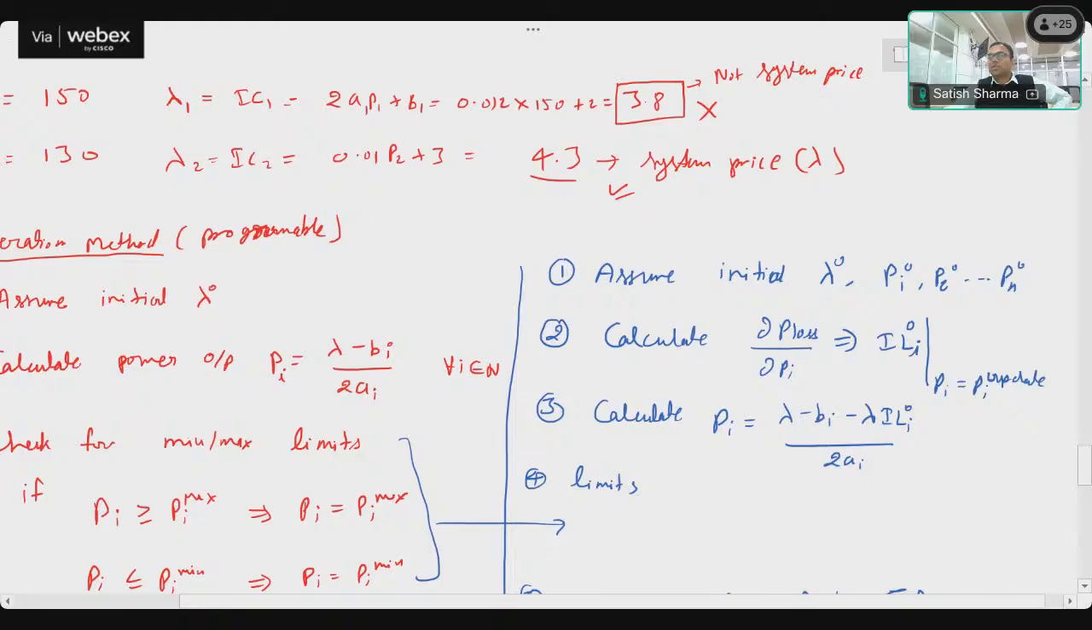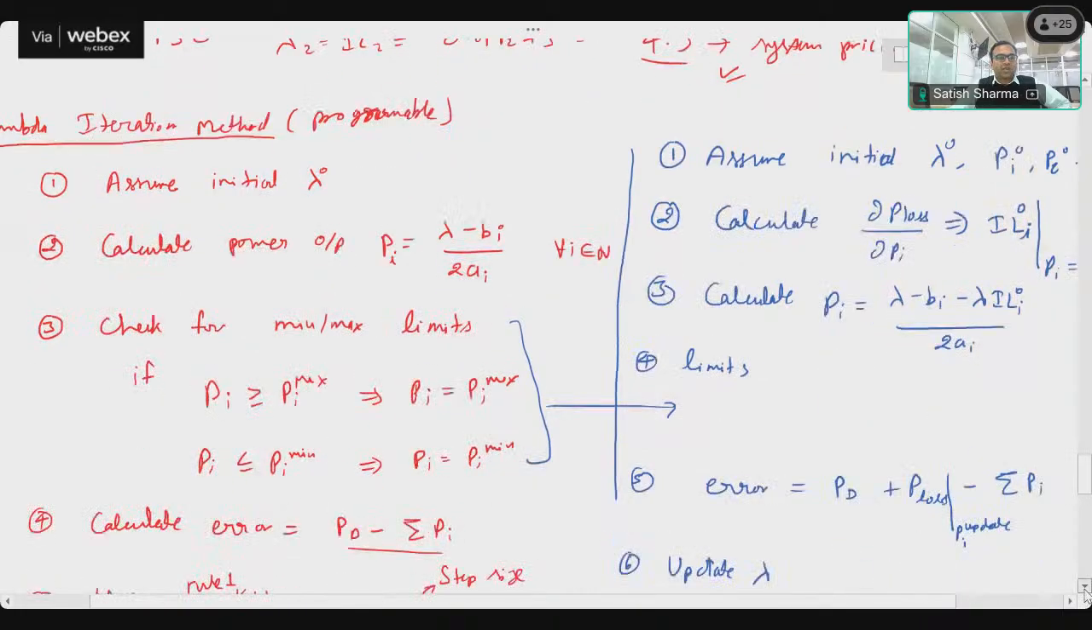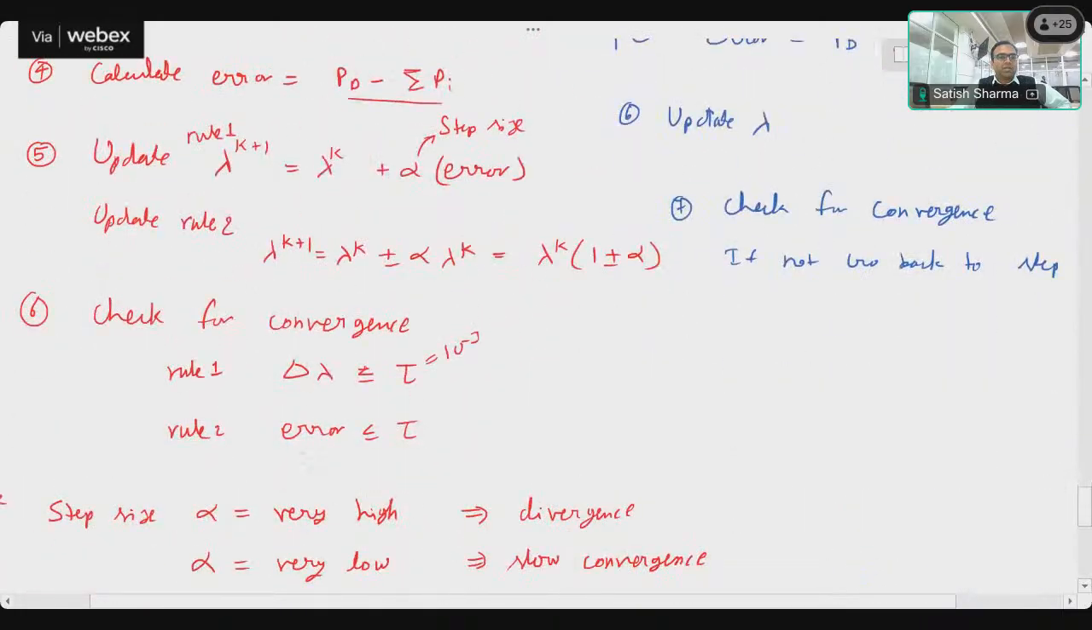So we have updated certain values, and we will again calculate some pi. The same thing we will repeat like earlier. I think I missed one thing. Check for convergence, and then the seventh step is if not converged, then